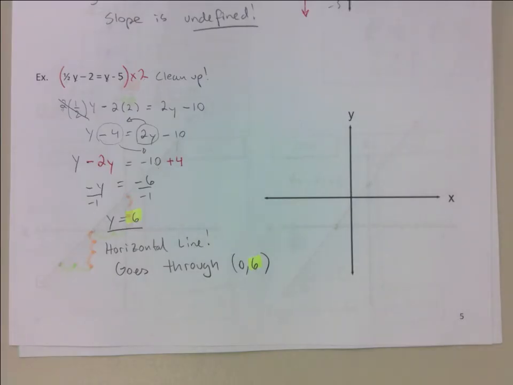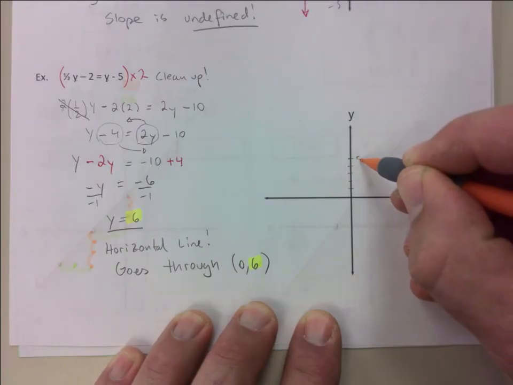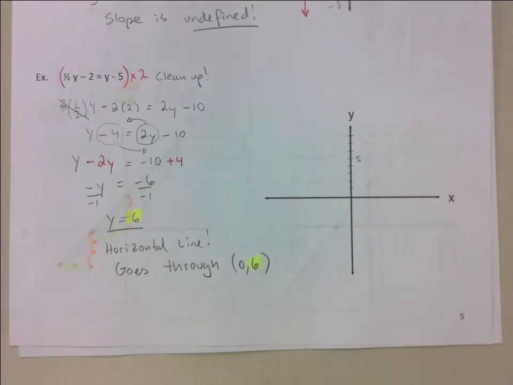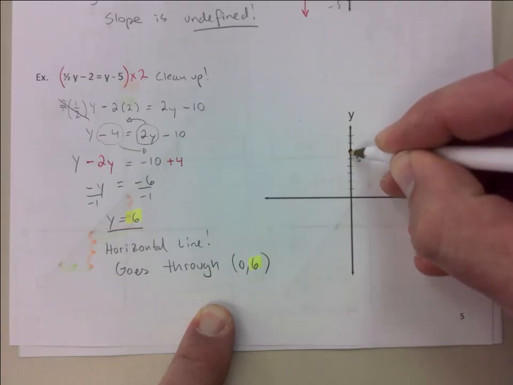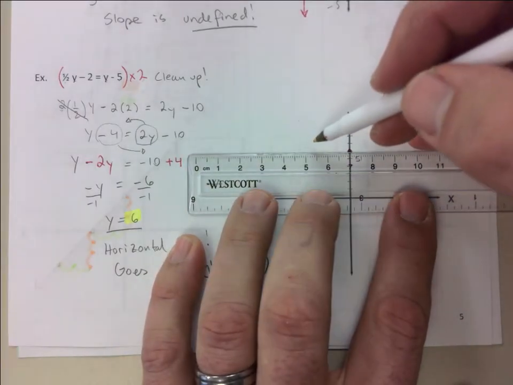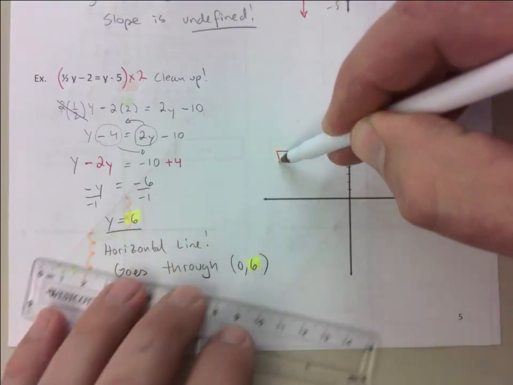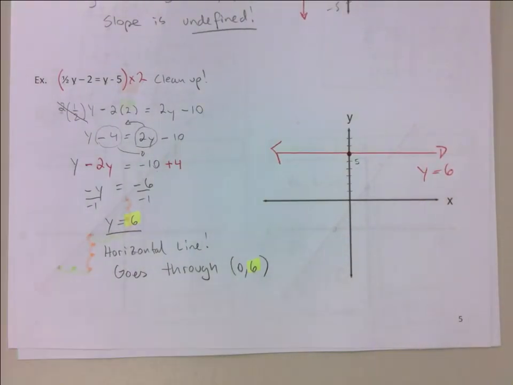Just copy it, okay? Goes through 6, so we're just going to go 1, 2, 3, 4, 5. We're going to label that one. 6, 7, 8, and so forth. And I'm just going to make sure I make a dot at 0, 6. And this line simply goes horizontally. This is the line y equals 6, okay,